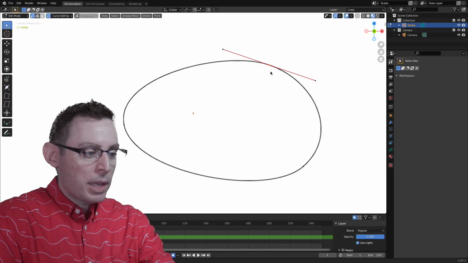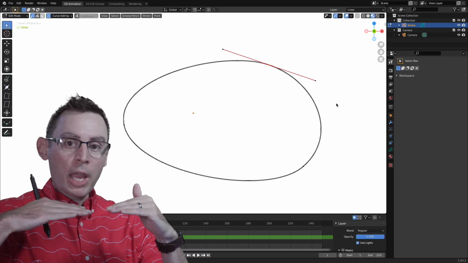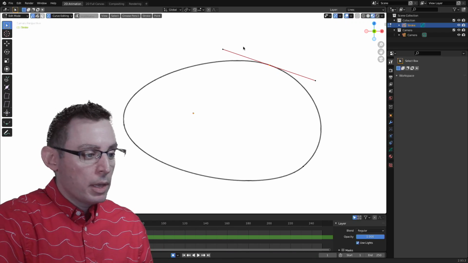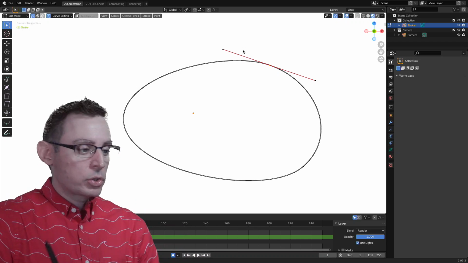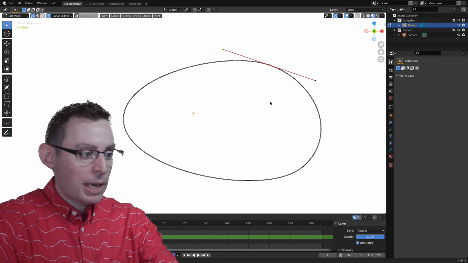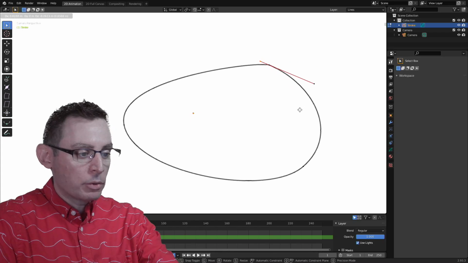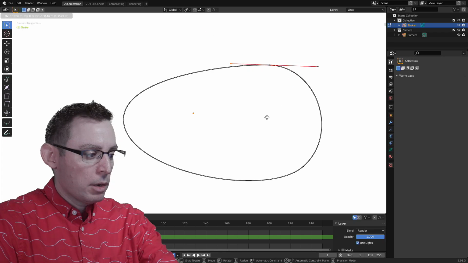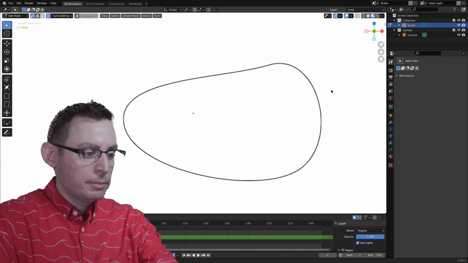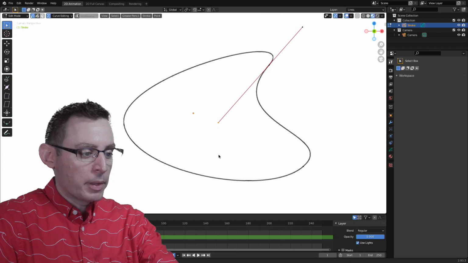The two little wings on either side, the paddles, if you will, they don't change their angle. They don't change their slope. If we wanted to change the angle and slope of those handles, we need to select this outside dot, and then once again activate the grab tool. And now we're changing the slope. We can make the handle smaller, we can make it bigger, we can change the slope on either side, just by grabbing it and changing it around, something like that.